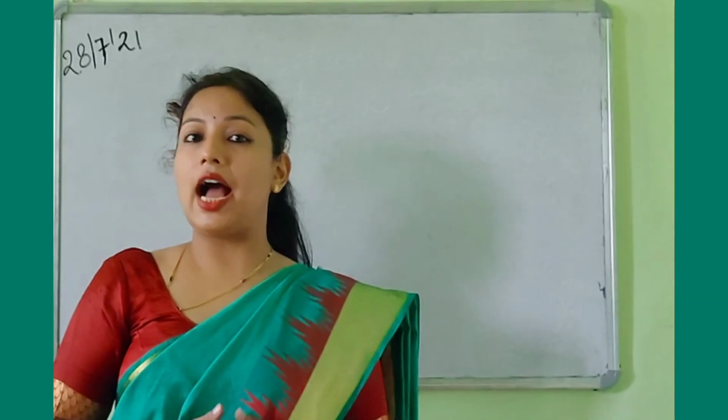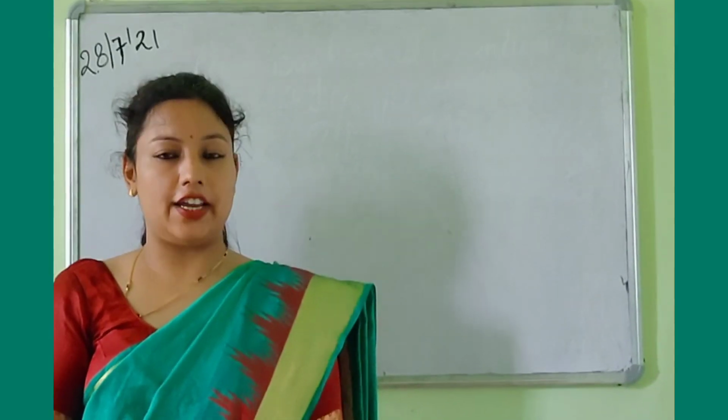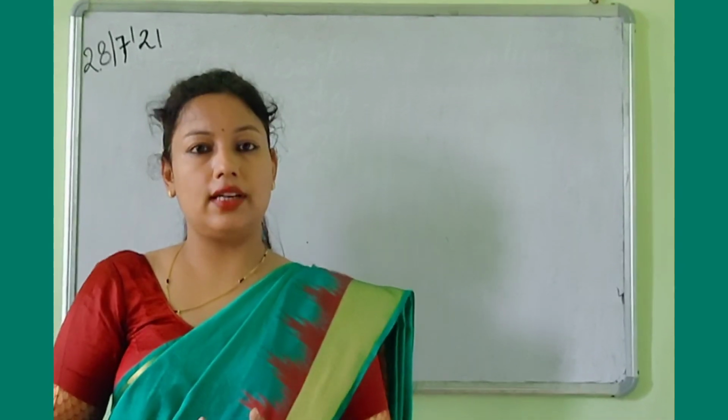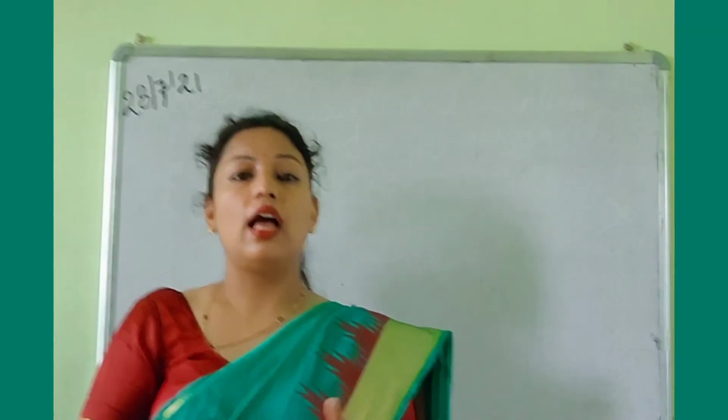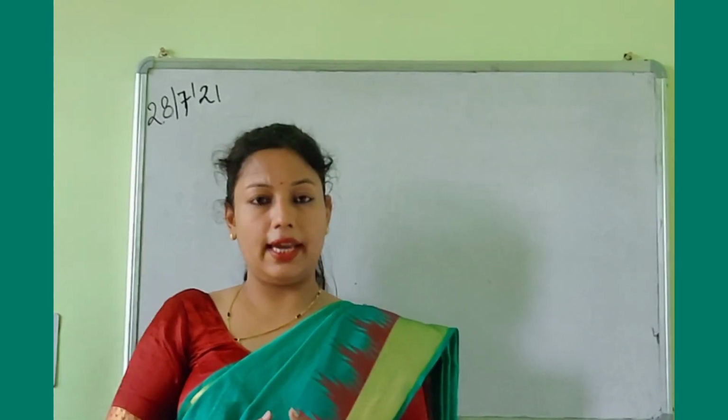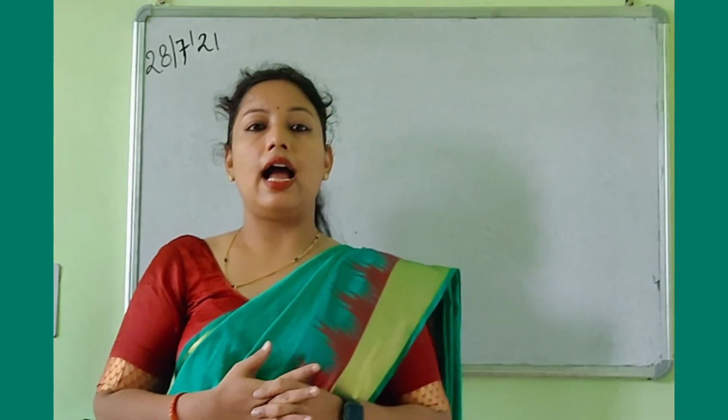Dear children, I hope that chapter number 5, numbers from 10 to 20, is clear to you all now. The topics we have learned, like backward counting, number names, place value to find out the place value, and grouping, is all clear to you. So what you have to do, you have to do the given PDF work in your maths notebook.